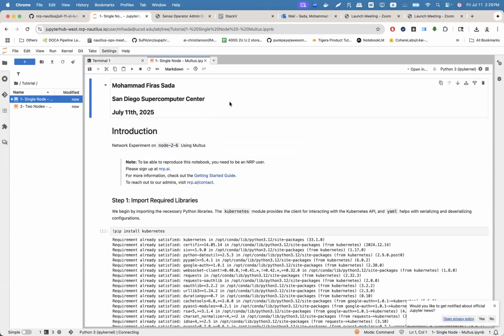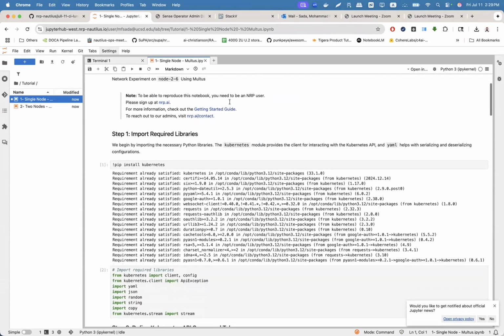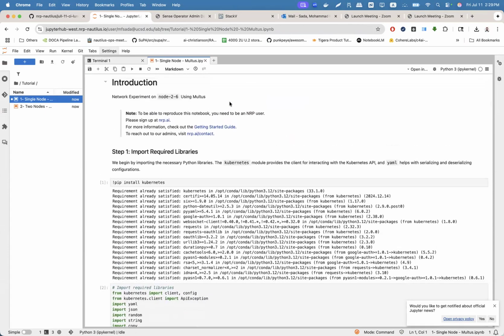This is going to show me a simple experiment that I'm going to go over very briefly that starts a network experiment using Multus. This one is before using Sense. So for the sake of simplicity, I'm going to assume I don't need any paths plumbed. I'm starting an experiment on the same physical host, on the same server, and then I don't need a plumbed path. I'm just using bridge interfaces using Multus. And the goal here is to show you an example of using Multus.